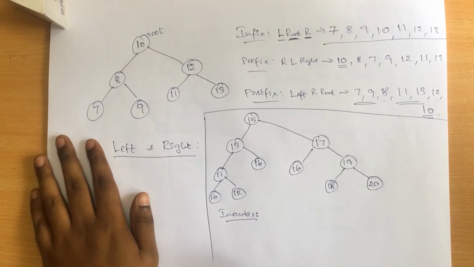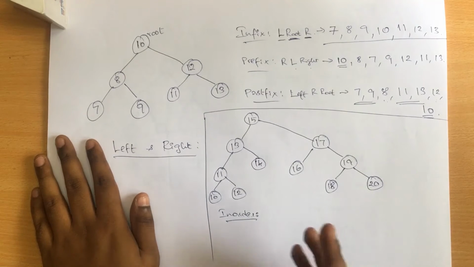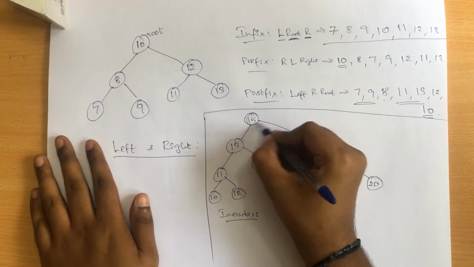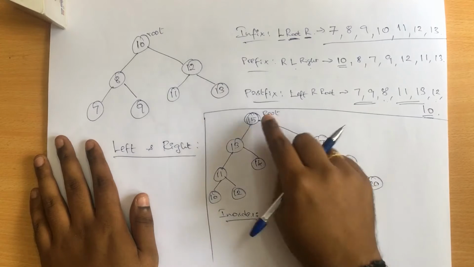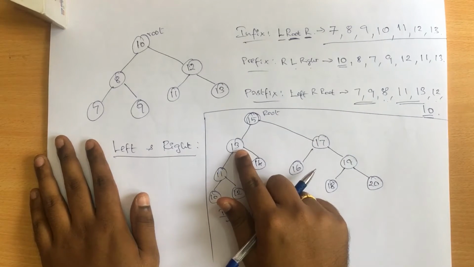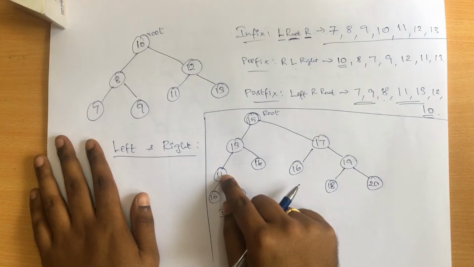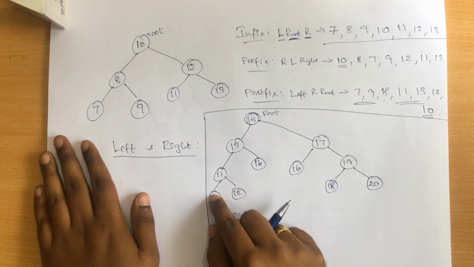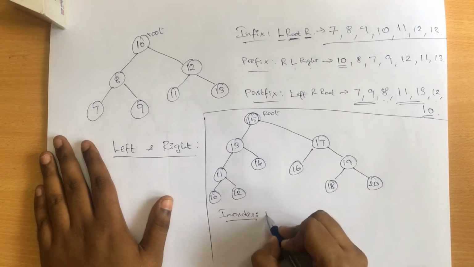So for in-order, as we know already, it should always be in sorted order or increasing order. You may even say it as left, right, and then root. So again, you have to start with your root node. The root node has a left node, so I'll come to 13. 13 again has a left node, so I'll move to 11. 11 again has a left node, that is 10. But after 10, we don't have any nodes. Right? So 10 is the end point, or you might say the extreme leftmost node in your tree. So I'll be printing 10.